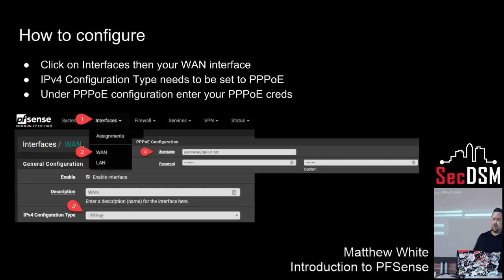So again, how would I configure this? I've got DSL at my house. What do I need to do? Under the Interfaces tab, you first click Interface and go into your WAN link. Well, first you'd need to set up your interfaces, and then from there you'd want to choose the interface. From the drop-down box under IP4 configuration, you're going to select PPPoE, put in your